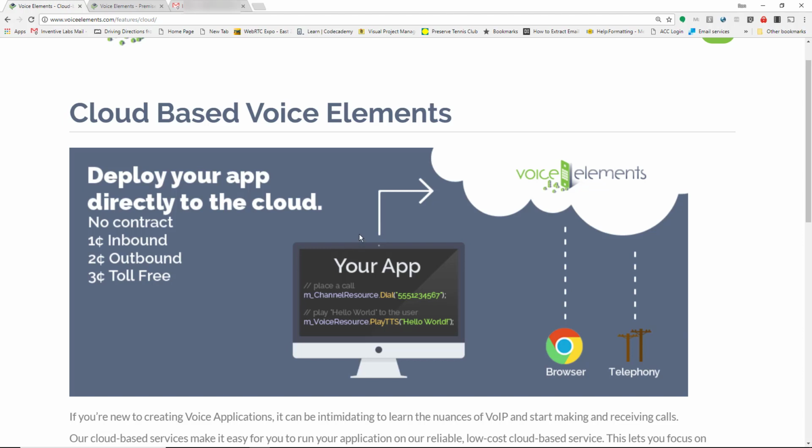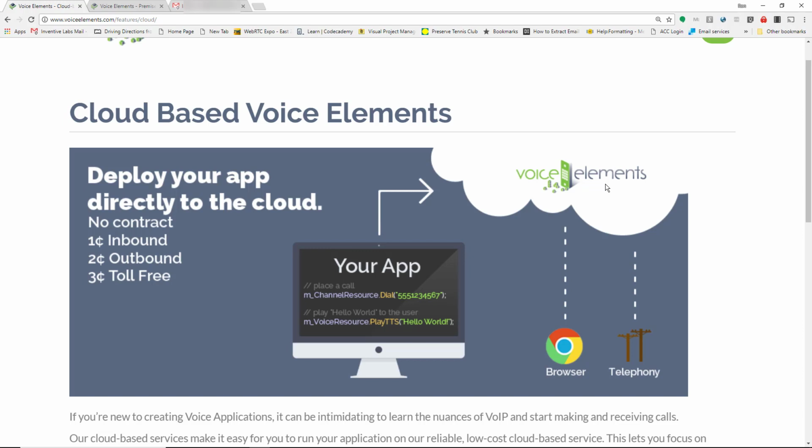And so this app can be installed at any of your machines as a Windows system service or whatever. You could actually go rent some space from Azure or AWS and install your app out there. Or you can ask us if we would install your app out in our cloud. So if you didn't want to run it at your business and you wanted to run it here, we can either install your app on a shared system where we will